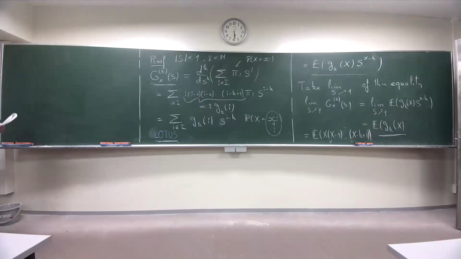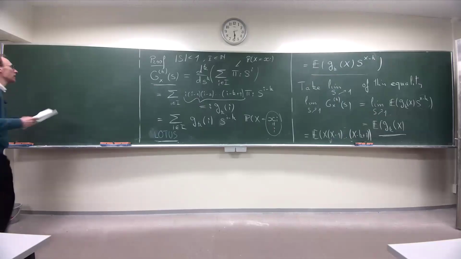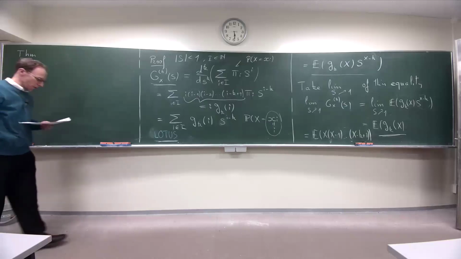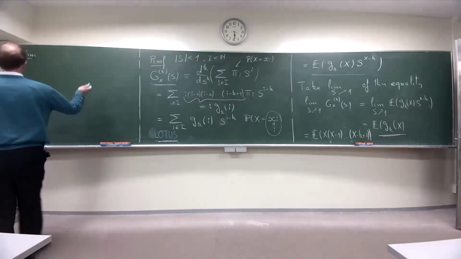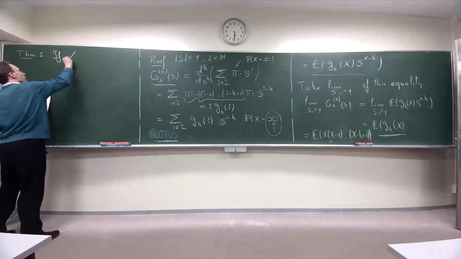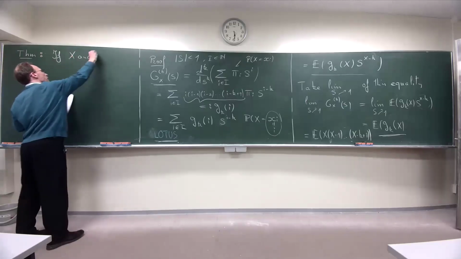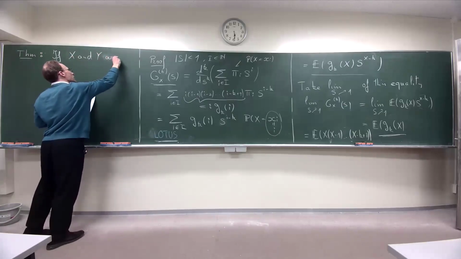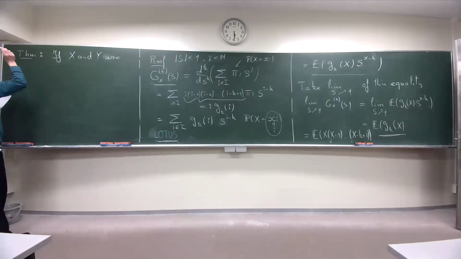Okay, let me finish with this subject. Another use of this probability generating function is for independent random variables. If x and y are independent,